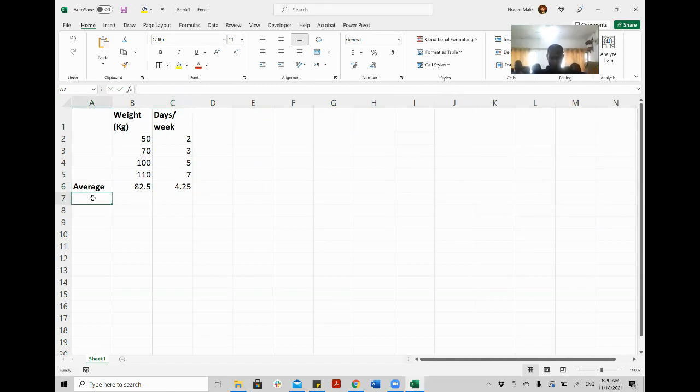Same way, what if you want to take the average of only the first two and the last number, not all the numbers? How do we take it? So we can write here selective average. So let's take this. Same way here on the cell, type equal to. Now we are taking a selective average, right?